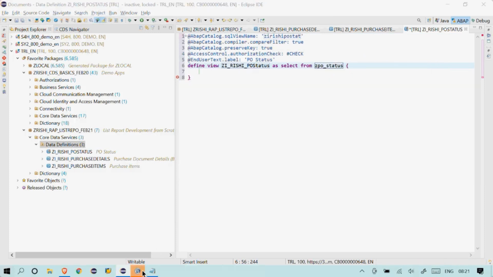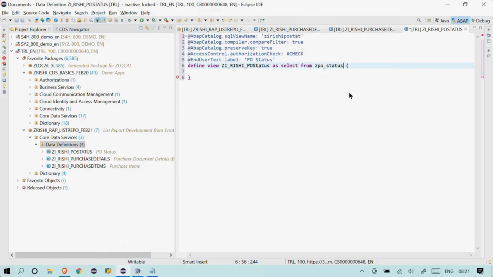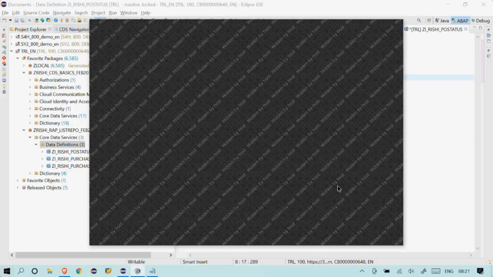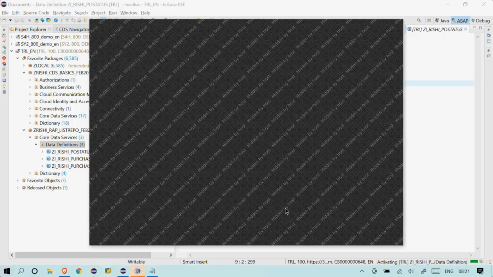Yes, PO status. Insert all the elements. Manoj says yeah. So do you mean I'm going fast, or is the pace okay? Save this. Yep, pace is okay, Rishi.